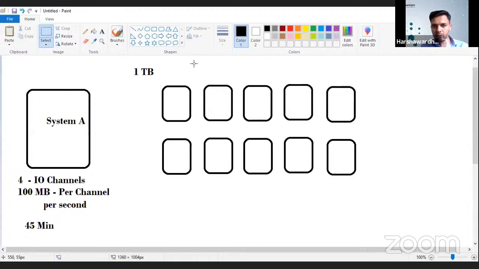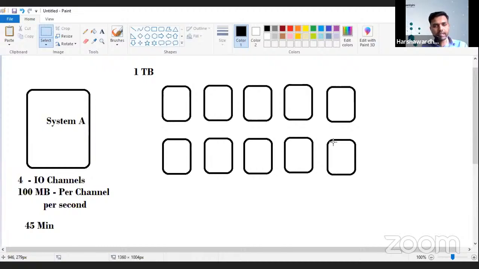Just consider one thing: this 1 terabyte of data has been distributed across these 10 systems, the cluster of these 10 machines. How it has been distributed, who is going to read, how it is going to read, these are different questions. Just hold those questions, leave those apart. Just consider all the systems are connected somehow and they are able to read the data. There are 10 systems now, but the data size remains the same, 1 terabyte of data.